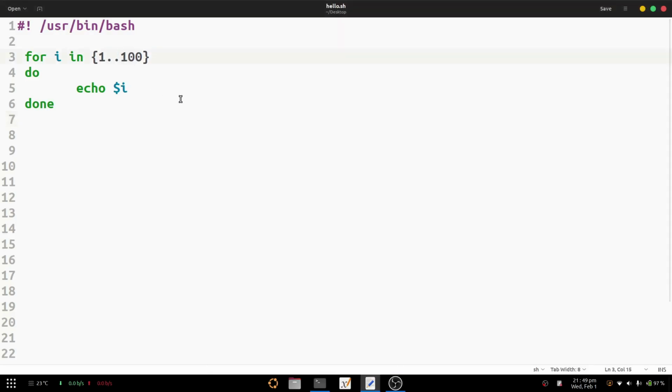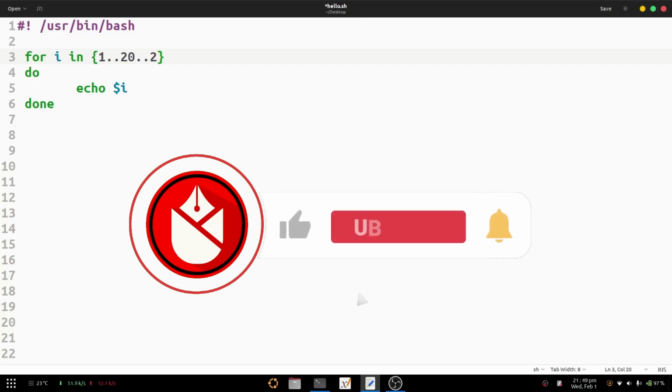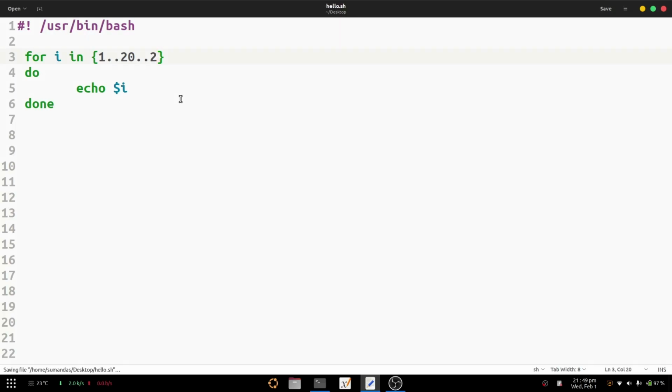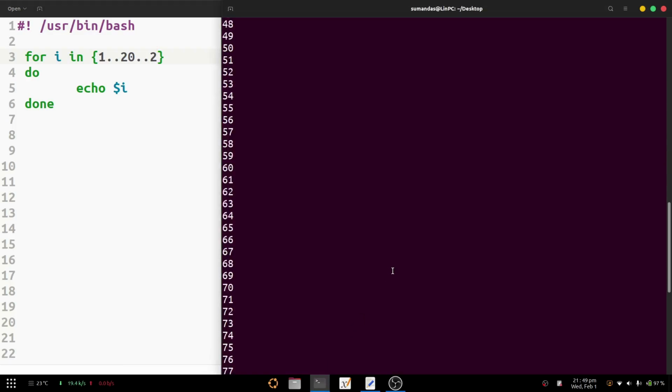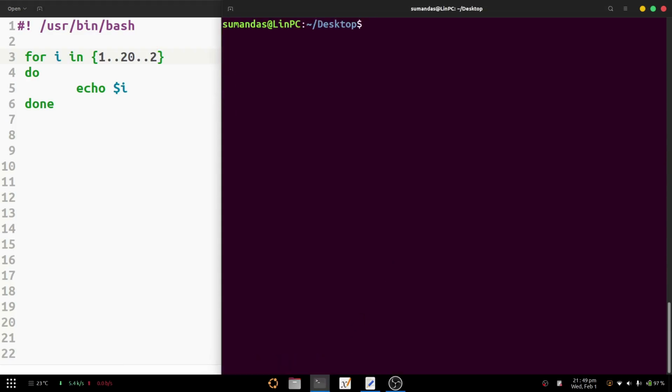Suppose from 1 to 20, that is the range given, and here we want not the default increment 1, we want the increment to be 2. So it starts from 1 and then not 1 plus 1 is 2, that must be 1 plus 2 is 3, and that should be up to 20. Control S to save the file, and let's check what the output should be here, and Control L to clear the screen and bash